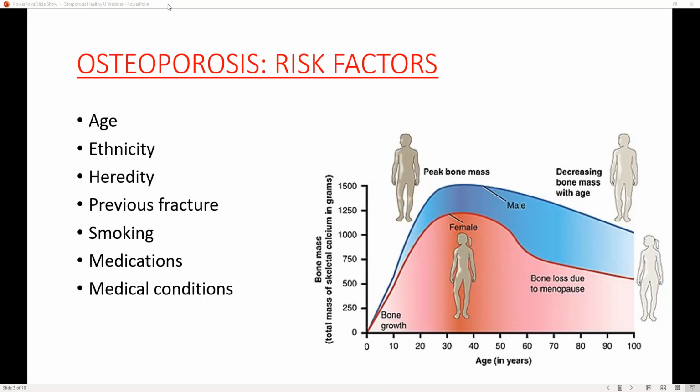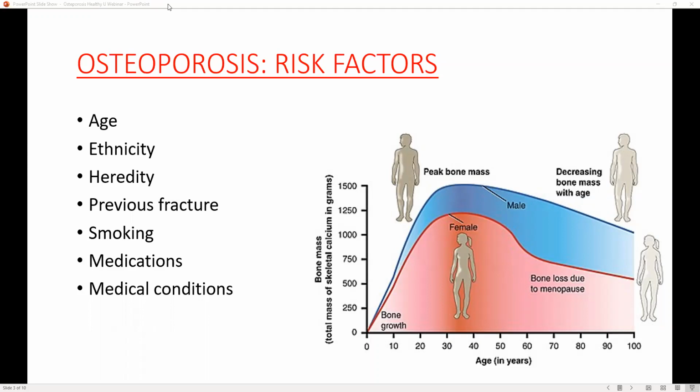Many diseases and disorders have been associated with osteoporosis. These include untreated hyperthyroidism, which is overactivity of the thyroid gland, Cushing syndrome, which is overactivity of the adrenal glands that produce excessive amounts of natural steroids in the body, prolonged immobilization,